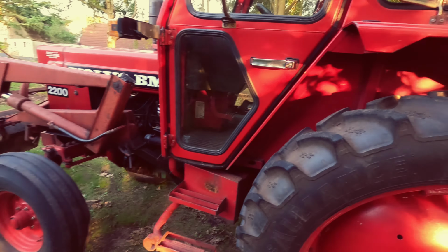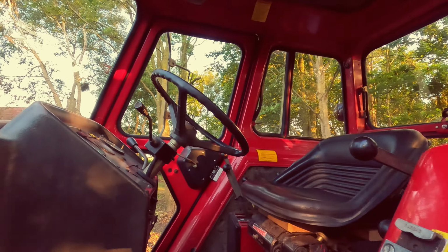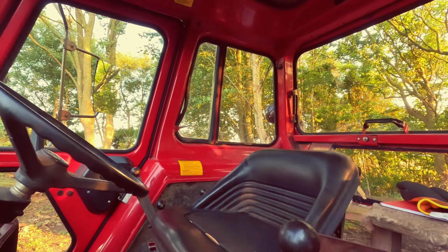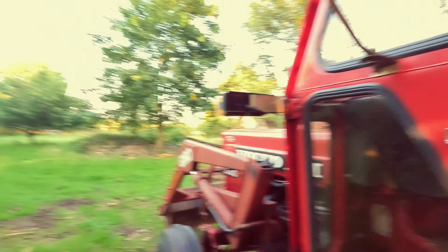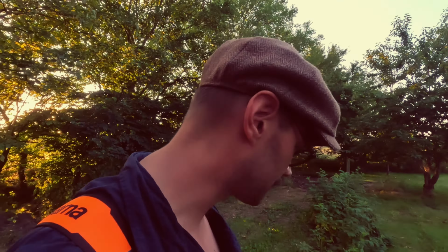And besides the roof, the cabin is actually very well kept. So why did I buy this tractor? You know,